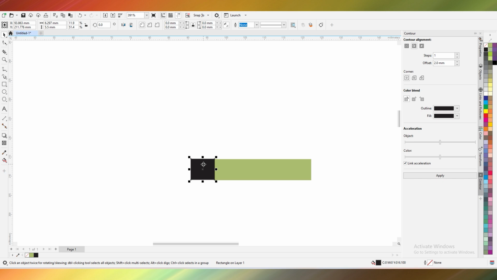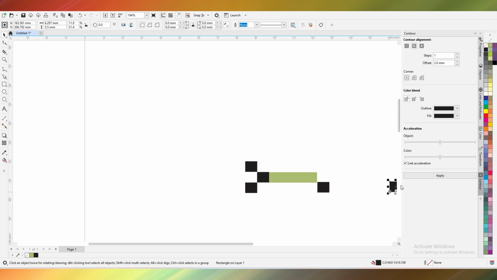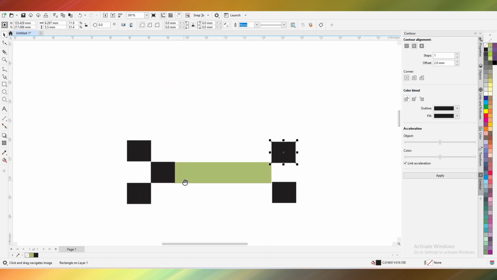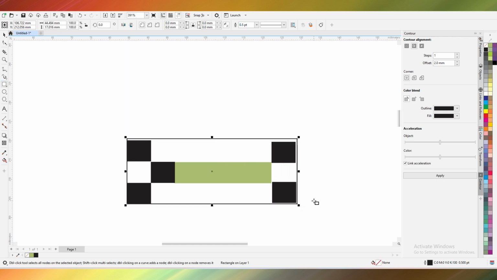So once you duplicate it, there has to be a safe margin here, here, here, here. So this area is the safe margin for the logo.